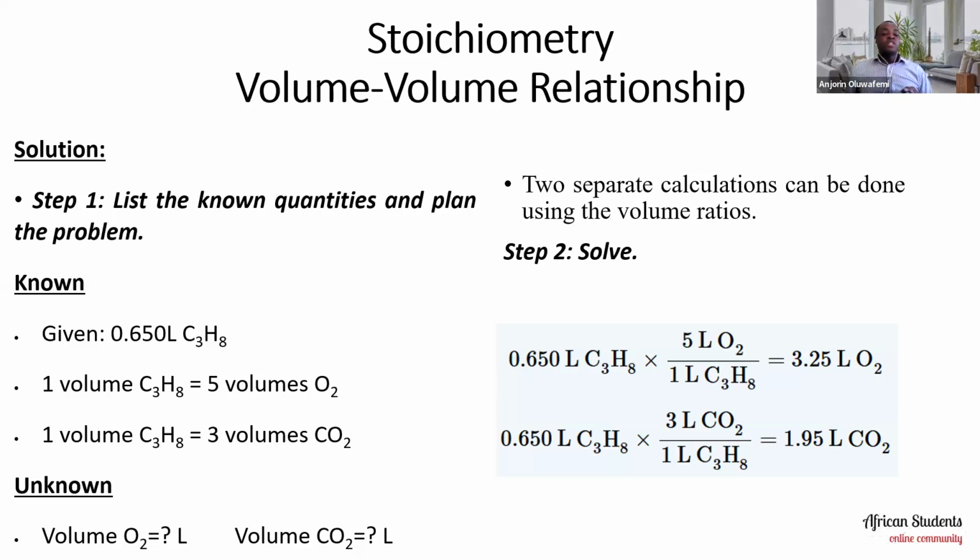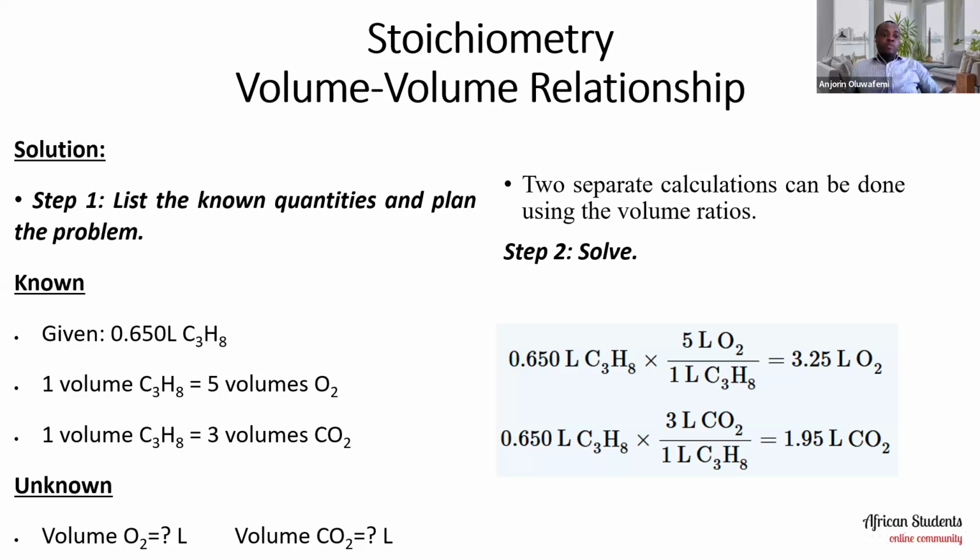So now 2 separate calculations can be done using the volume ratio. And what are the separate calculations? 0.650 liter of C3H8 will multiply by 5 liters of oxygen, divided by 1 liter of C3H8 will give us what? 3.25 liters of oxygen. So we are trying to bring that and equate them, establish a relationship between them. Equally,